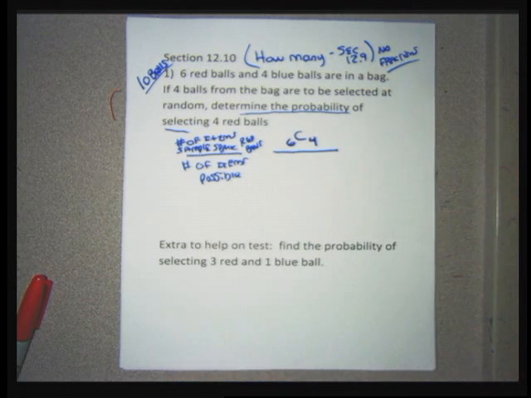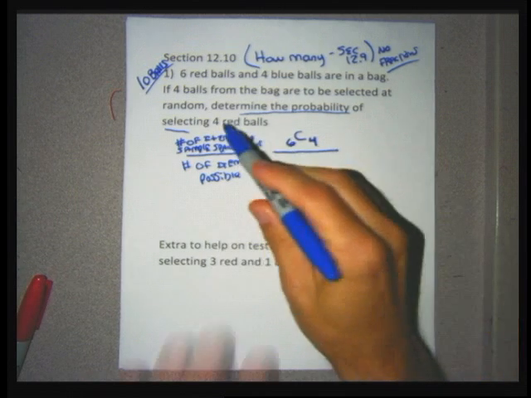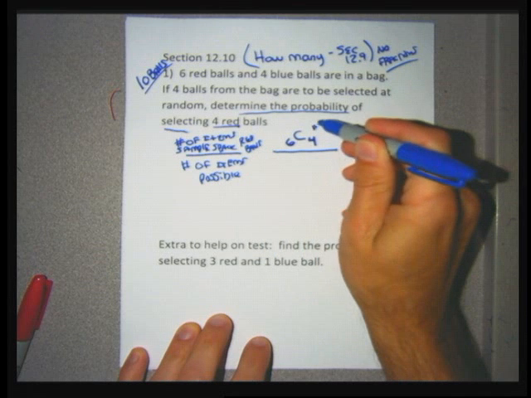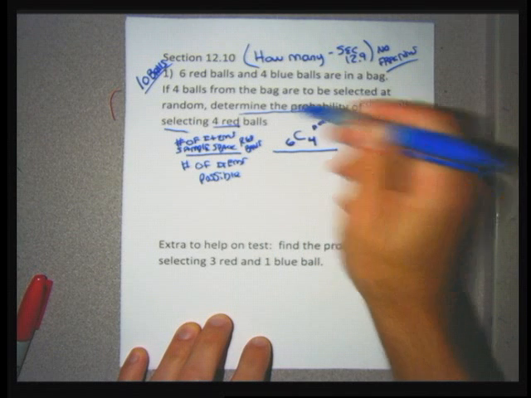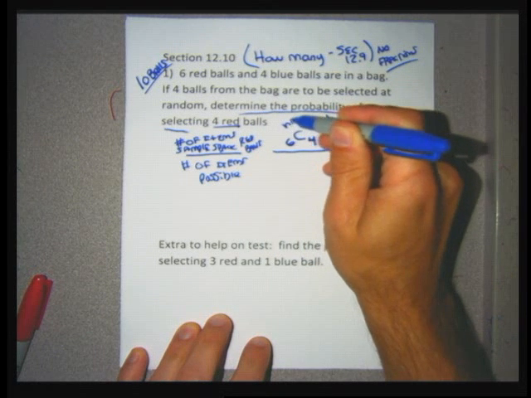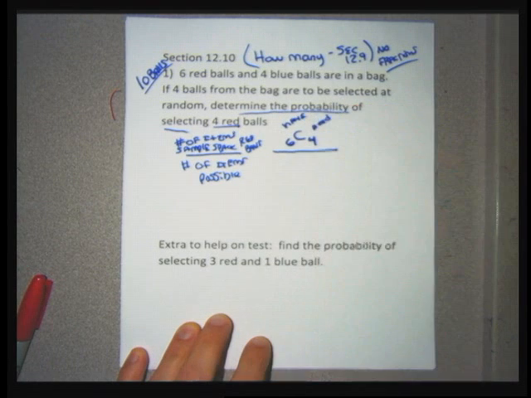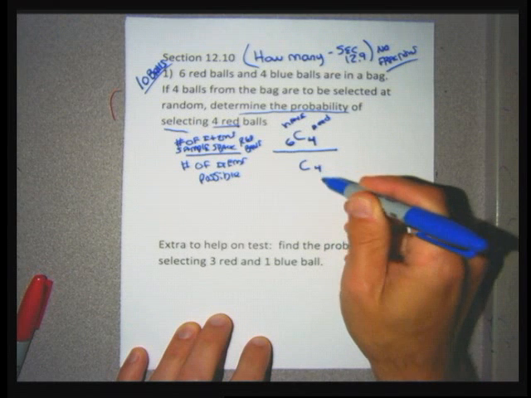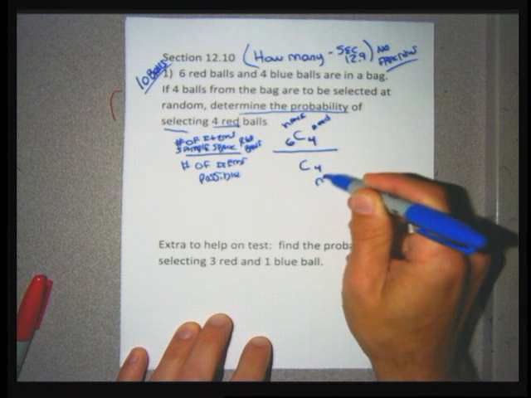So in the numerator, I'm going to form a combination to get the look that I'm looking for. I know I want to get, this is a number that I need, and that goes to the left or to the right of the C. So I need 4 red balls, and to the left of the C, I put what I have, and I have 6. In the denominator, I need to get 4 balls, so I'm going to put that to the right